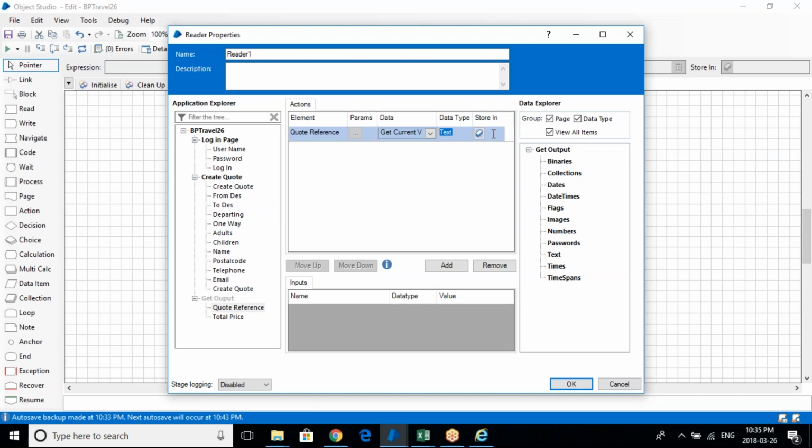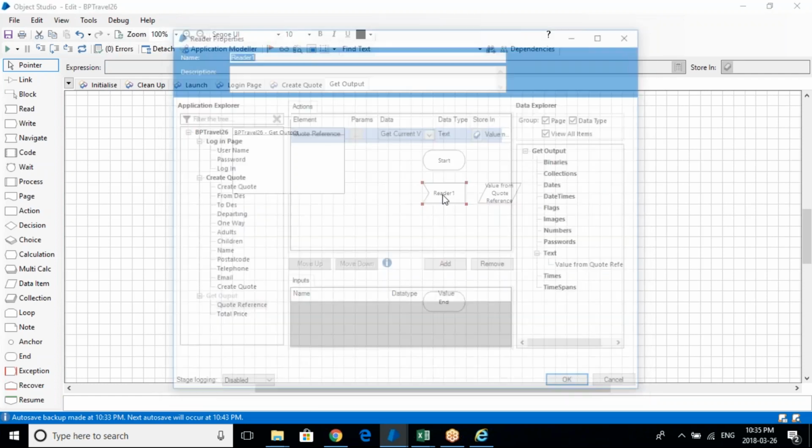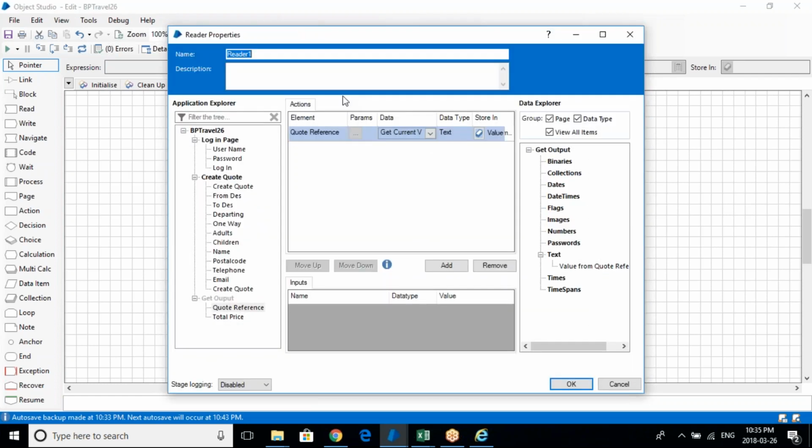I told you in the starting of the training that there are two options. Either you create a data item and then bring the data item here to store it, or if you click here, it will also create a data item corresponding to the text value. So if you click here, it created a text data item for you, going to store the value from the code reference in this particular item. So this was basically your code